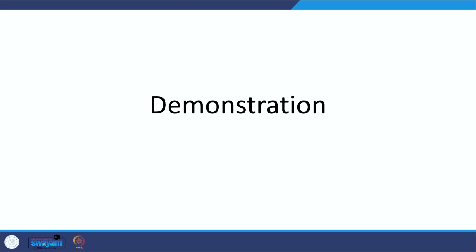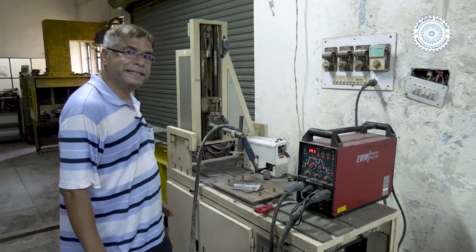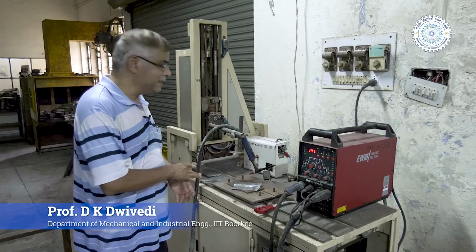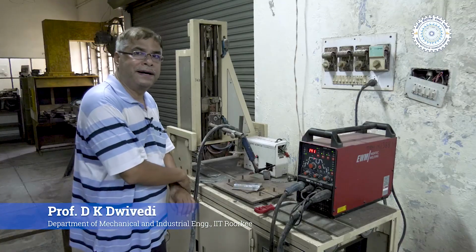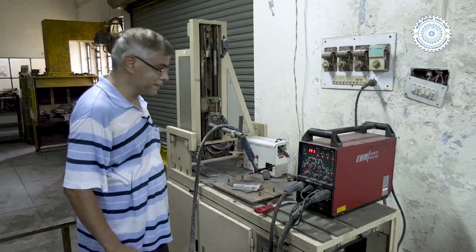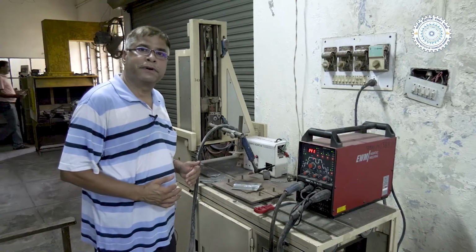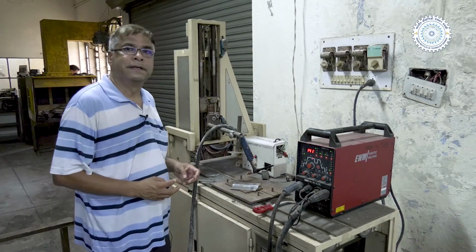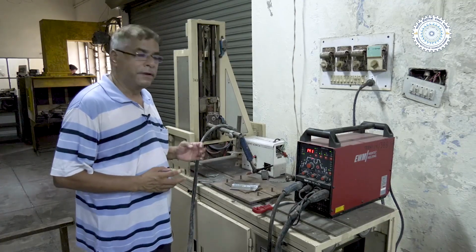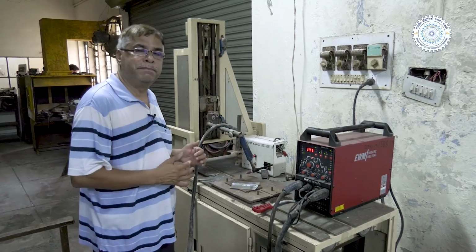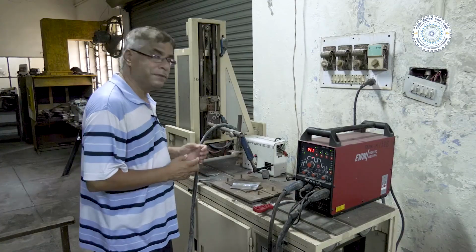Now, we will see the demonstration of the TIG welding process. Hello students, in this practical we will be demonstrating gas tungsten arc welding, also known as tungsten inert gas welding process, which is primarily used for development of high quality weld joints, because the TIG process helps to develop the best quality weld joints with regard to impurities and with regard to heat input